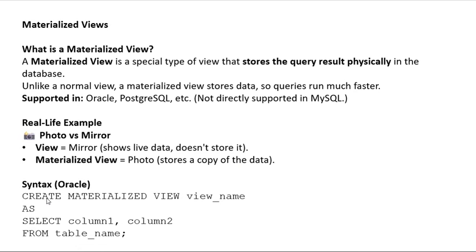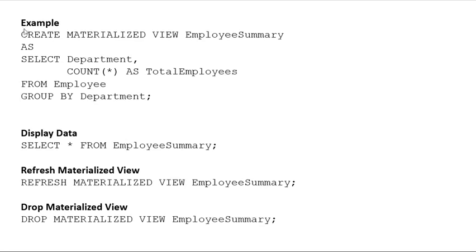The syntax in Oracle: CREATE MATERIALIZED VIEW view_name AS SELECT column1, column2 FROM table_name; For example: CREATE MATERIALIZED VIEW employee_summary AS SELECT department, COUNT(*) AS total_employees FROM employee GROUP BY department;